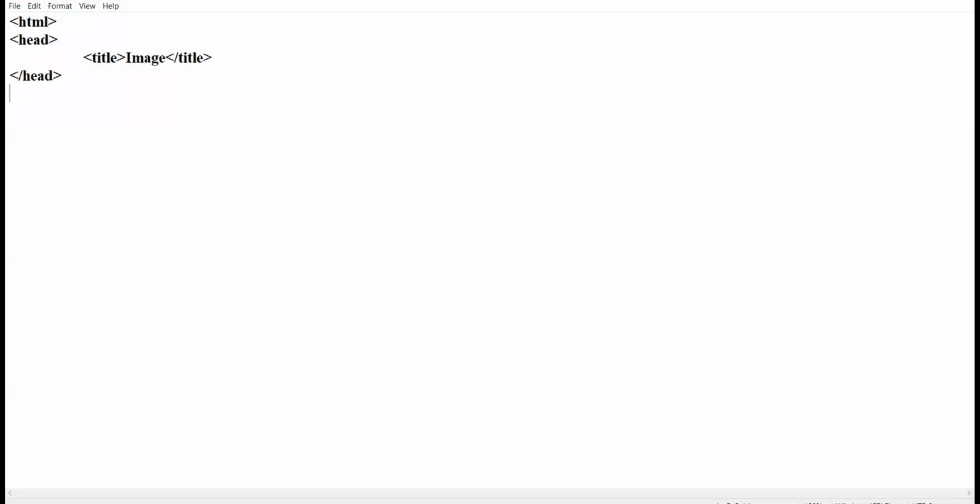So in order to insert the image, let us first of all take one heading: inserting image in HTML web page. This is my heading, which I have placed in the center of the web page, and my heading is in H1 size. H1 means heading element 1. Okay. Now, in order to insert an image, I am taking the img tag.